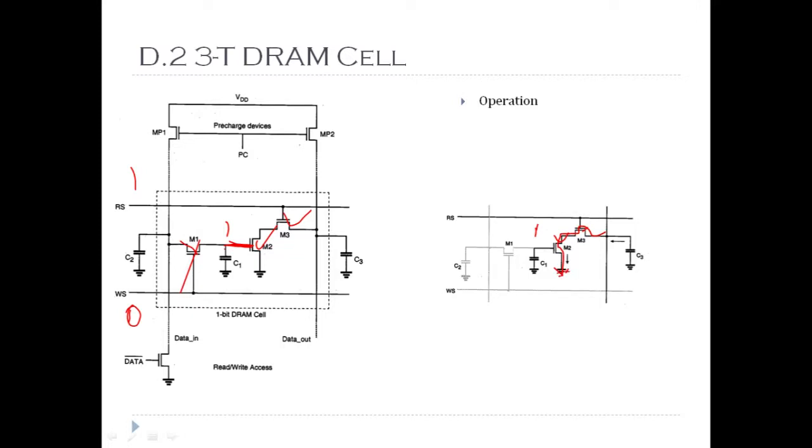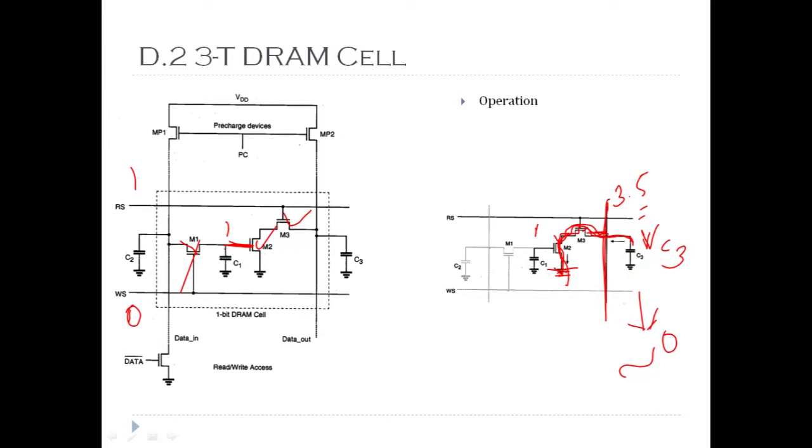to the ground. So this capacitor, which represents the total capacitance of data in, was carrying 3.5 volts. That means the voltage on this capacitance VC3 is 3.5 volts. Now it finds a small resistance path to the ground, that means it is shorted to the ground. So it starts discharging through M3 and M2, and the voltage at this bit line, on this capacitor, starts dropping. So it goes closer to 0.